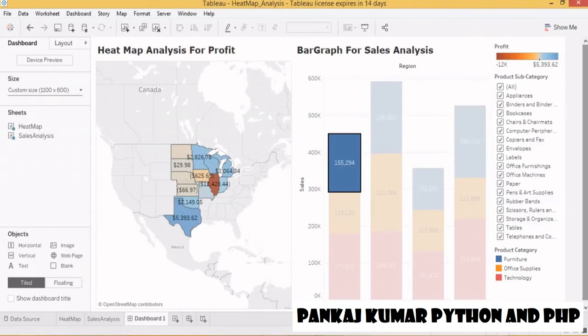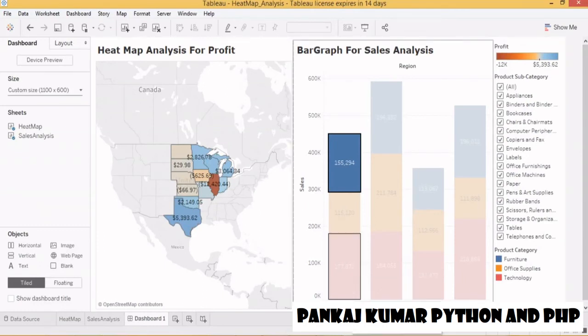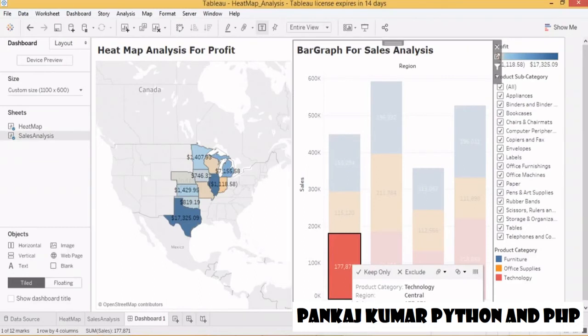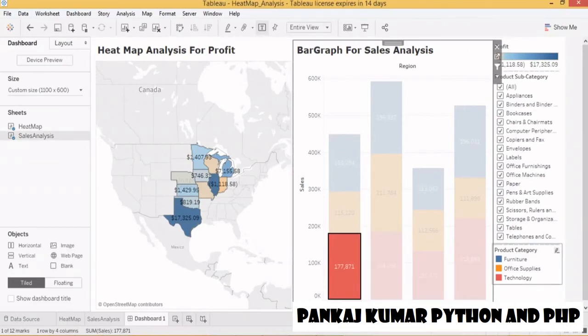Okay, so guys, suppose for example I want to analyze the region Central. In the region Central I want to analyze the Technology area, like product category Technology. So I want to see in the region Central how many sales have occurred on the technology side and in which city it appears.